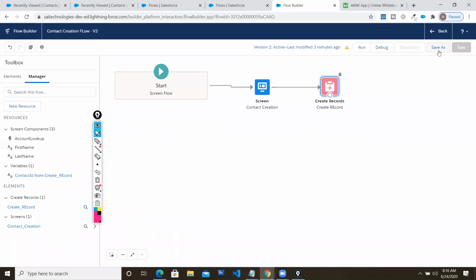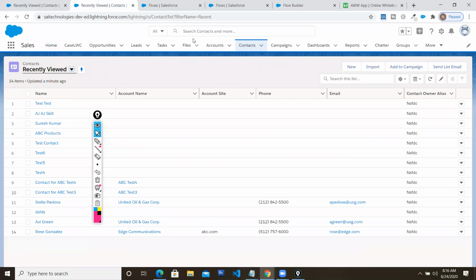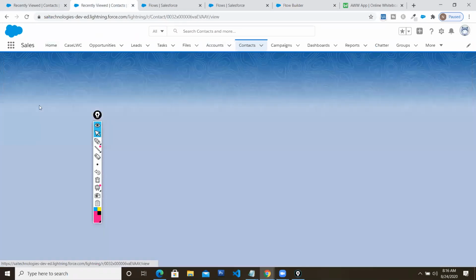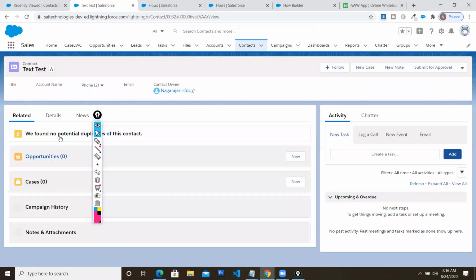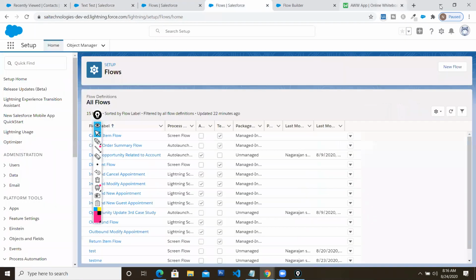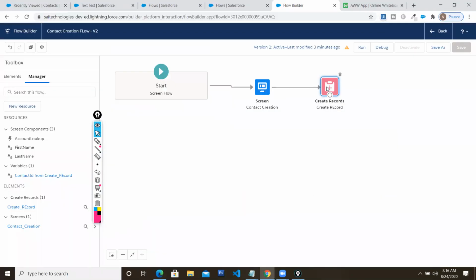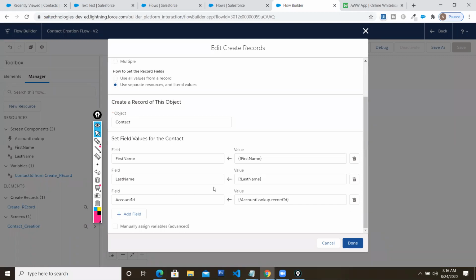Now, if you save it, activate it and come to check your screen, your record will automatically be bound there. Previously my account name was not updated in the record. The reason is in the create record element, I hadn't connected it. Here it's blank. So even if you selected the lookup, the data is blank right over here, because we hadn't connected it. Just now we have connected it. So you can easily connect through this create record. When you keep adding elements again and again, you should not forget to update this in the create record element also.